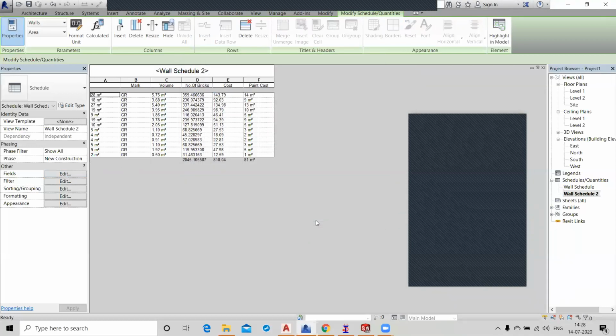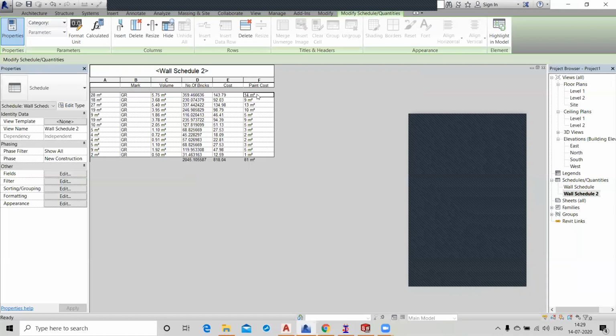Cancel. 81 is near the edge of this. Edge, the boundary. Yes, come here, come down, drag.